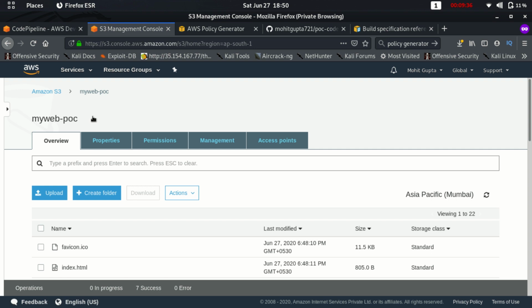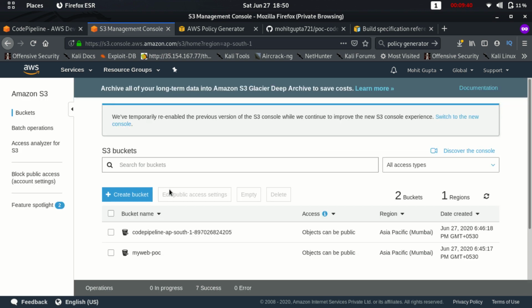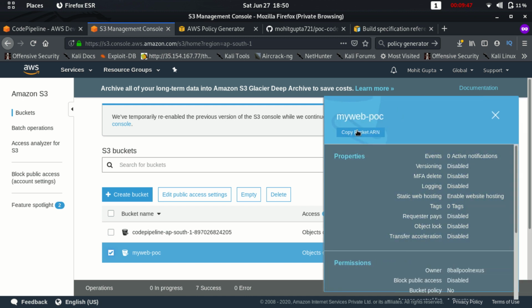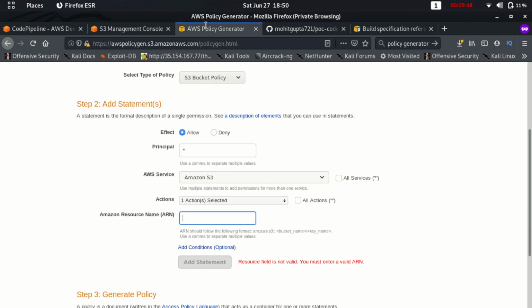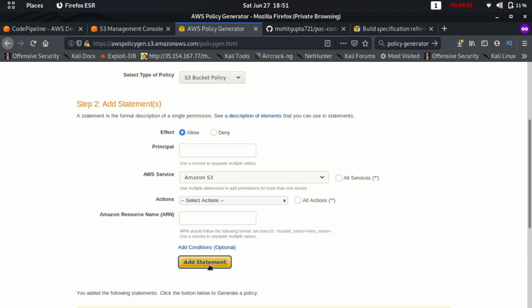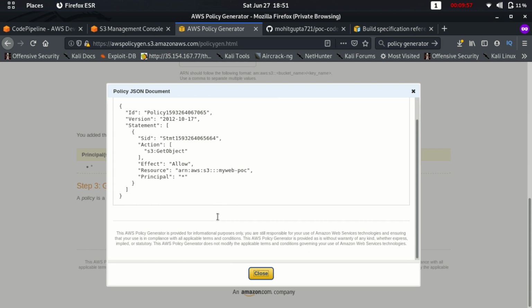So we need our bucket ARN. So copy this bucket ARN and paste it here. Just add the statement and generate the policy.